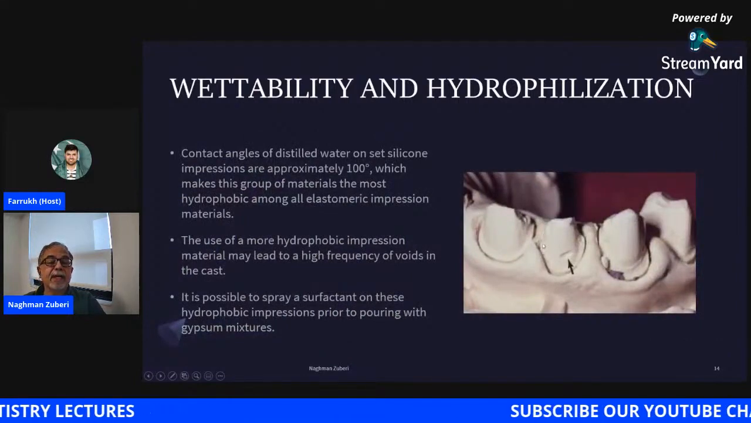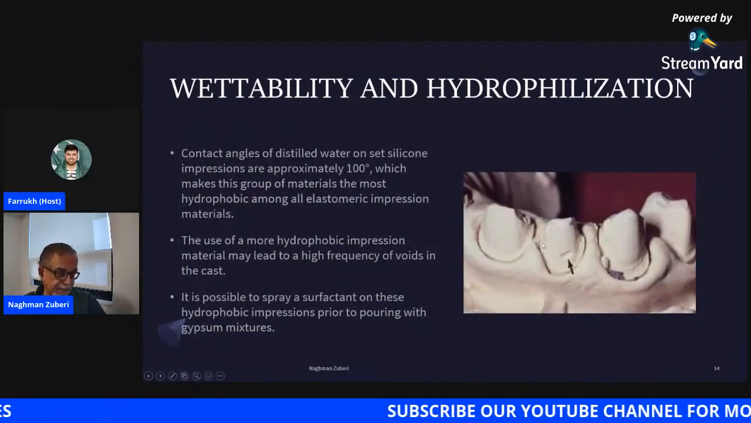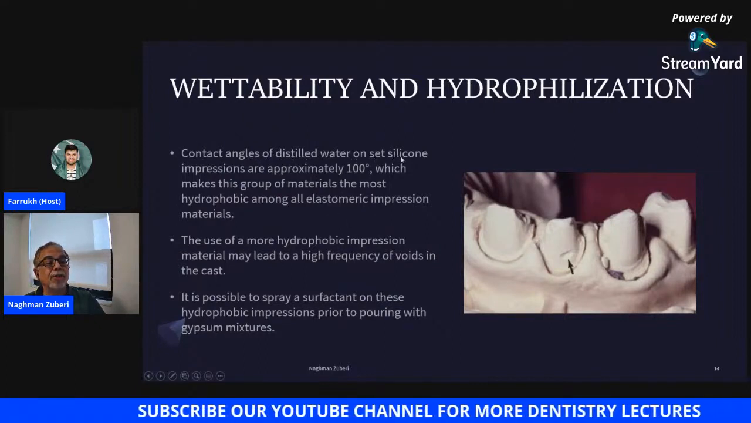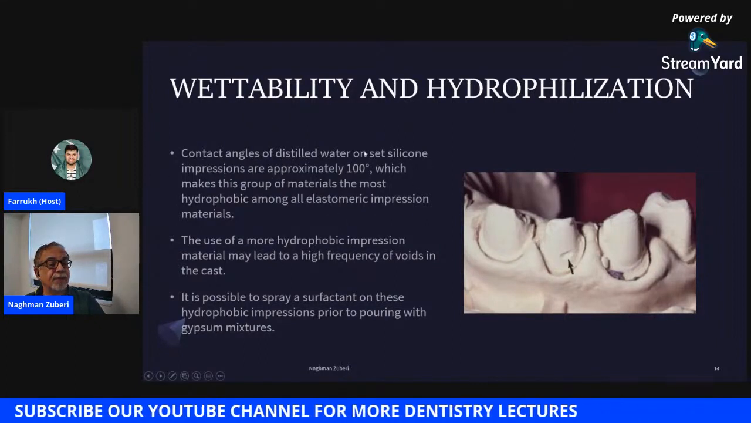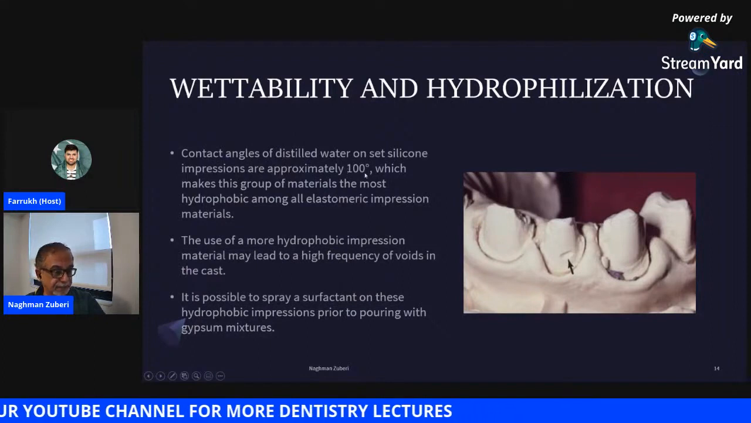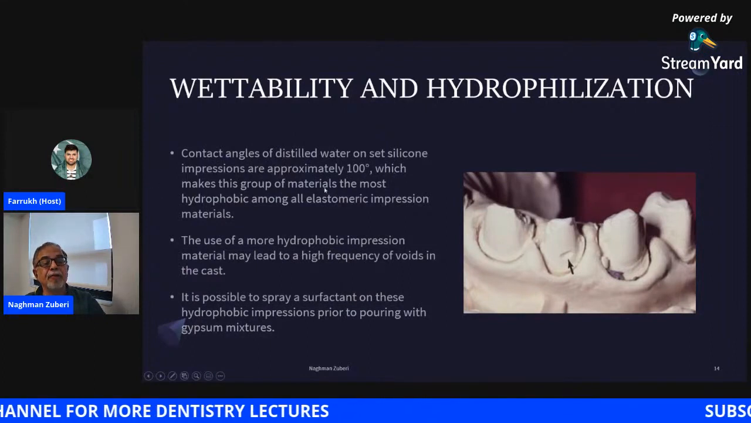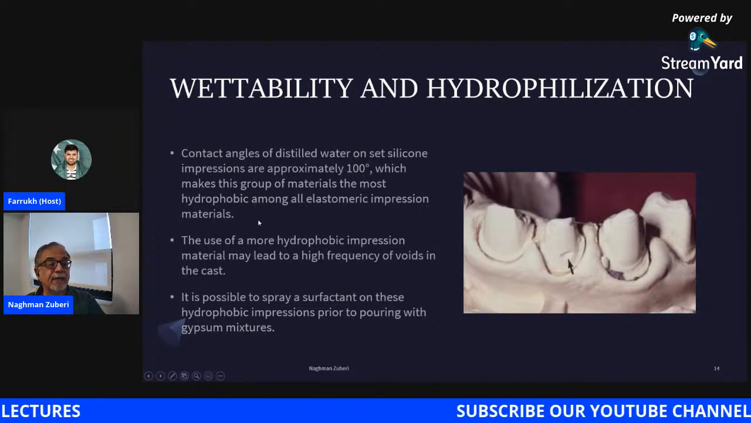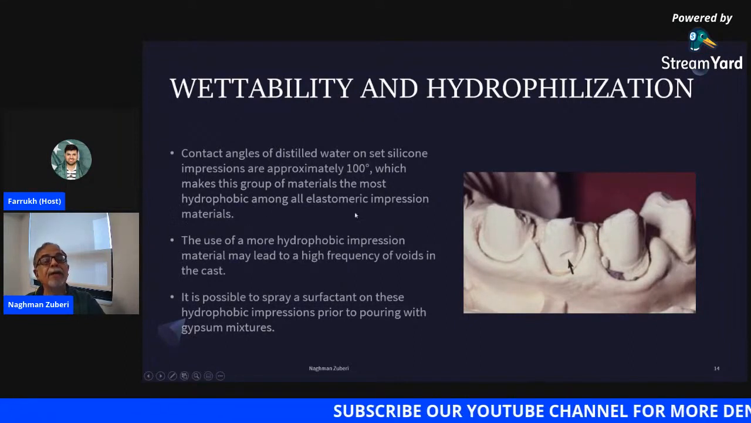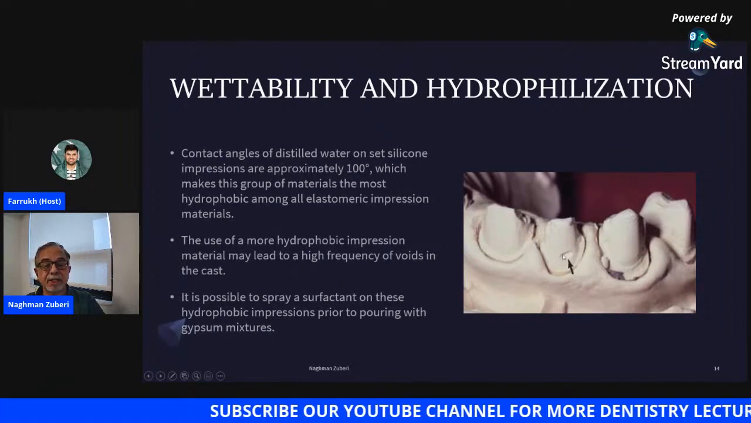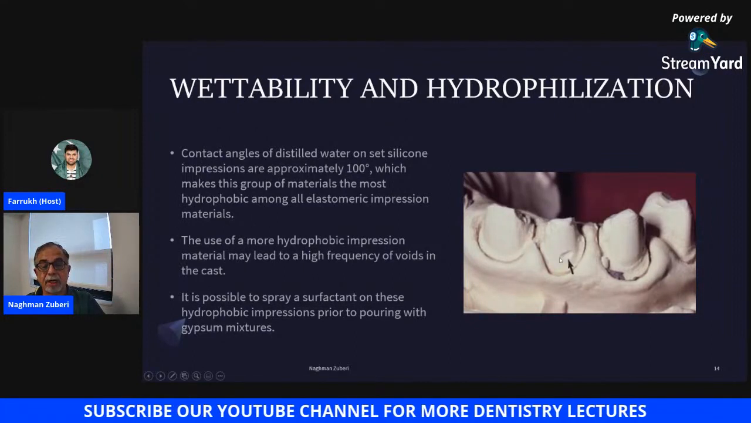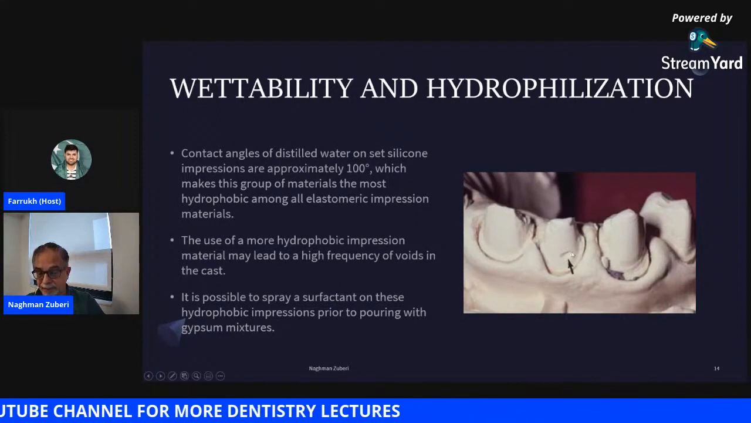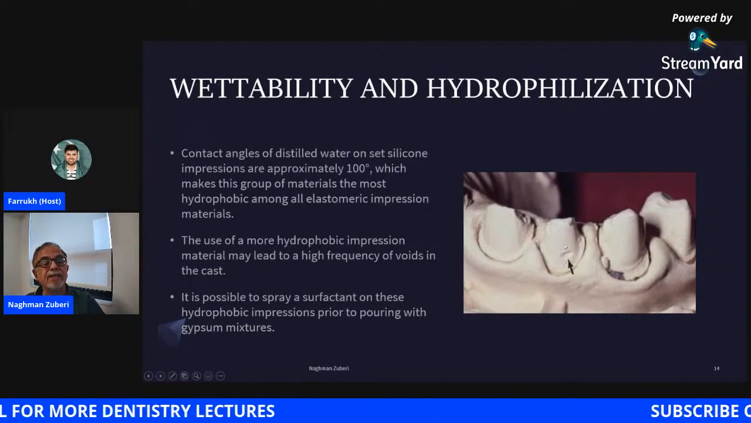Now, what happens in our dental practice? The contact angles of distilled water on set silicone impression are approximately 100 degrees, which makes this group of materials the most hydrophobic among all elastomeric impression materials. No matter whether they are condensation silicones or addition silicones, which we call polyvinyl siloxane material, unless they